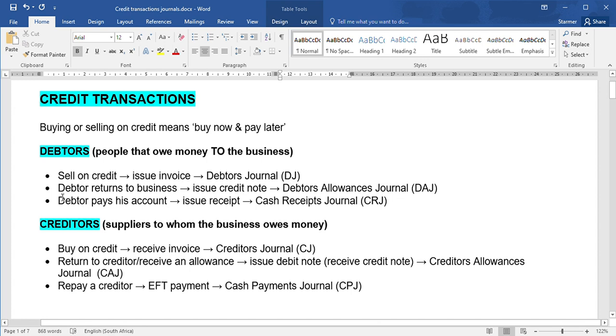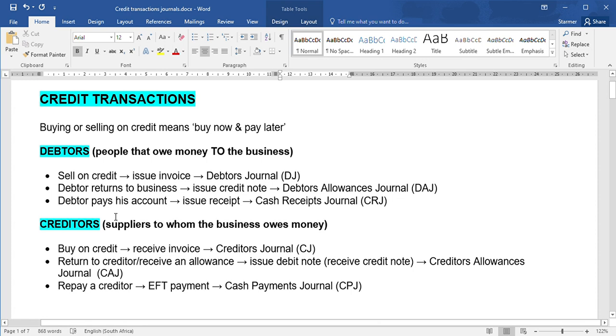It can happen as well that the debtor returns stock to the business. Now obviously this is not a favorable situation, because if the debtor is returning stock to us, something is wrong with that stock. Maybe the stock was broken or damaged, maybe we delivered the items late, maybe we delivered the incorrect items, and so on. If that is the case, we are going to issue a credit note. And when you issue a credit note, we're going to use a new journal now called the Debtors Allowances Journal,